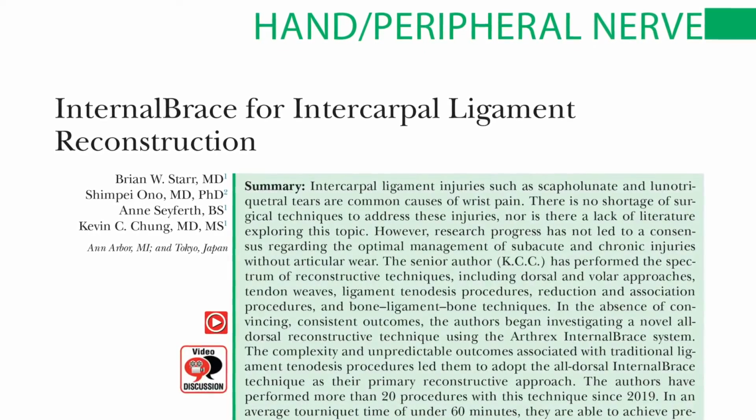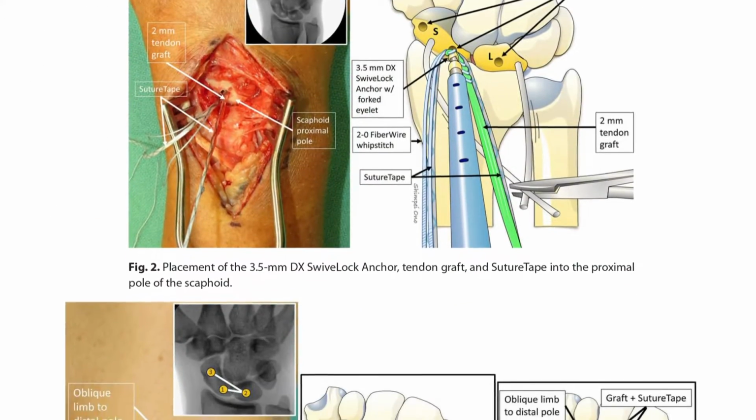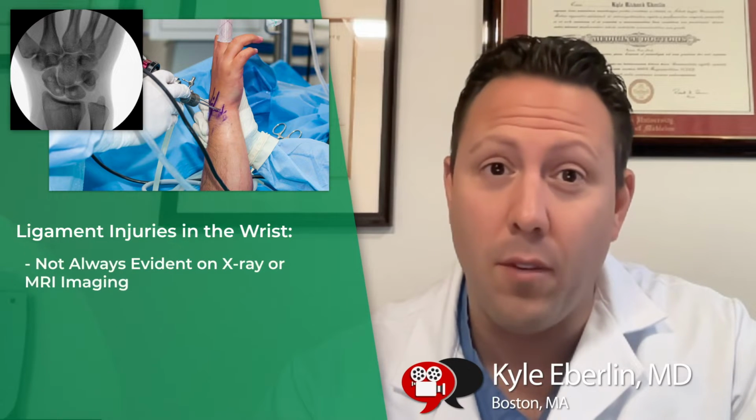In this article, authors from the University of Michigan, led by Dr. Kevin Chung, describe a technique for ligament reconstruction in the wrist using the internal brace technique. Ligament injuries in the wrist can be particularly challenging for hand surgeons, as these are not always evident on X-ray